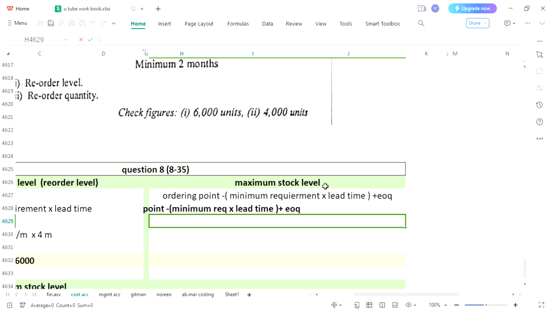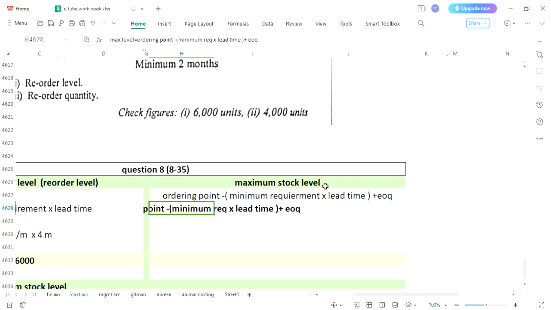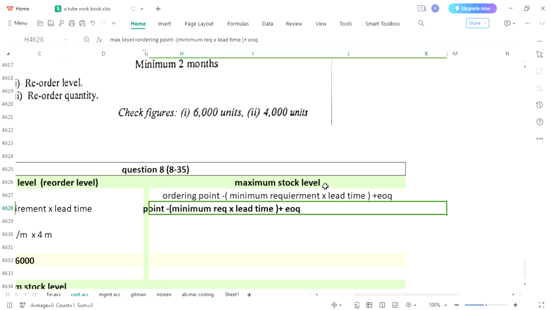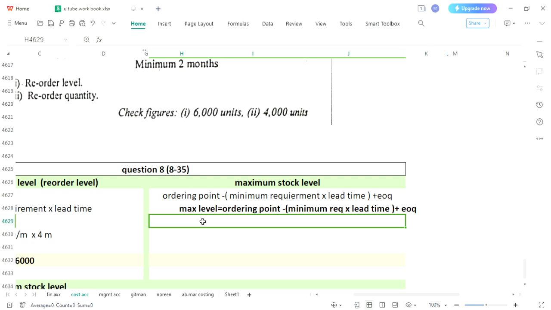Okay, so we have written this formula in this way, and let me arrange it so that you can understand it in a proper way. What I have done, this formula was for maximum stock level, and here I have just written the answer, maximum stock level beside is equal to. So here we are going to put our figures